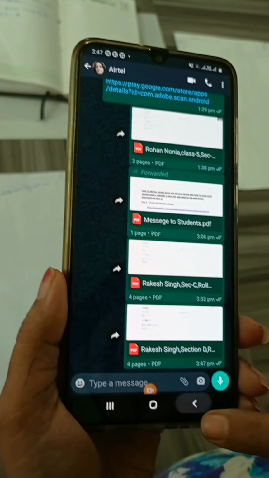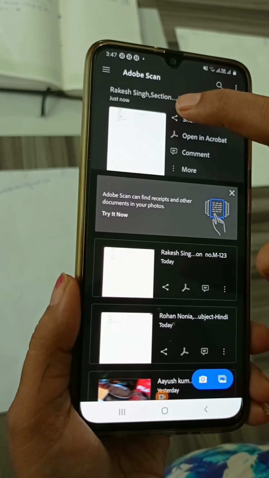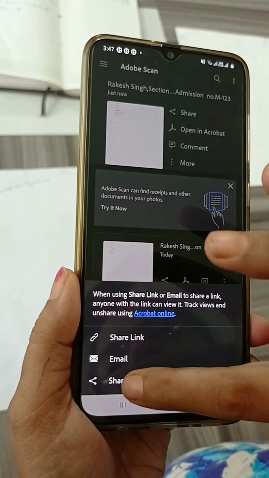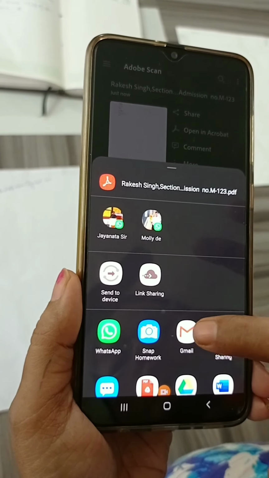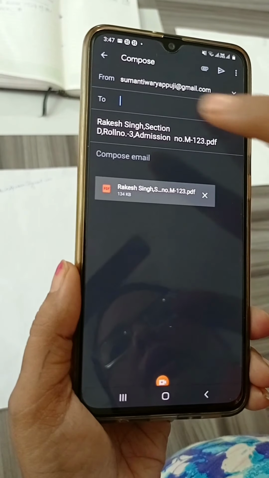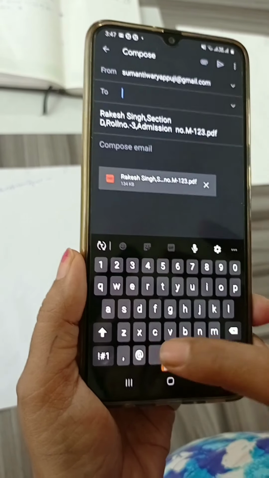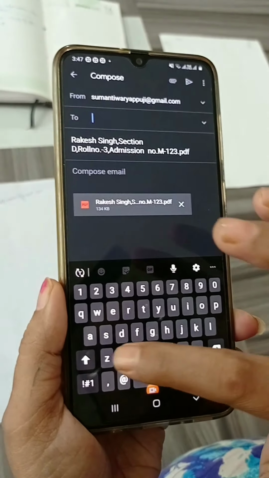Now the second process I am showing you, if you want to share it with Gmail account or email account, you have to opt this one, this icon, that is Gmail. Now you will click and you have to write here the given email ID what will be provided to you in your WhatsApp group.